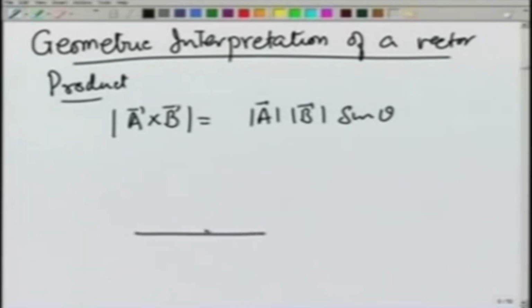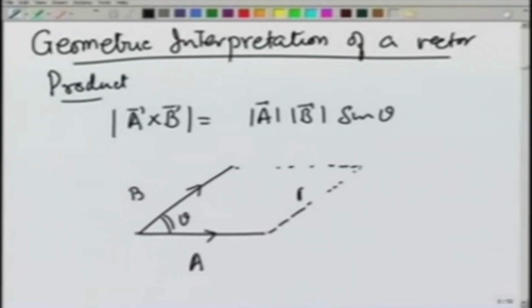So, if there is a vector A and there is a vector B, and an angle between them is theta, you can see that A cross B is nothing but A times B sine theta. This is B magnitude. So, this is B sine theta. So, this is the base times the height of this parallelogram, and therefore, magnitude of A cross B